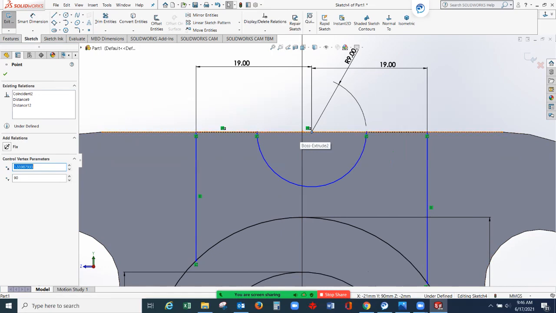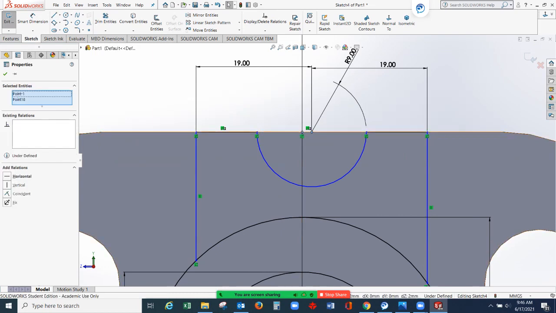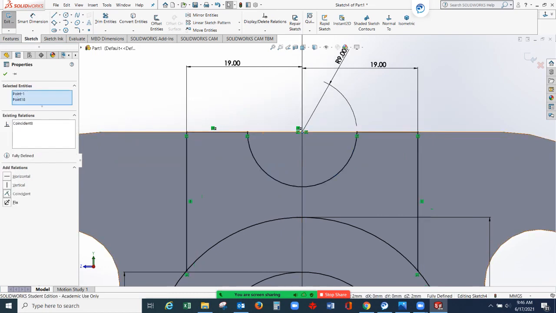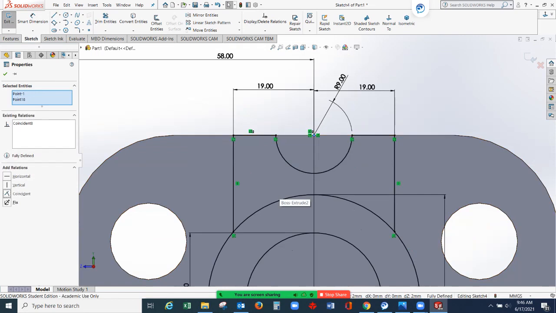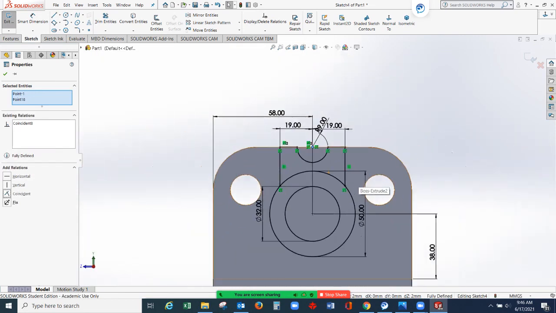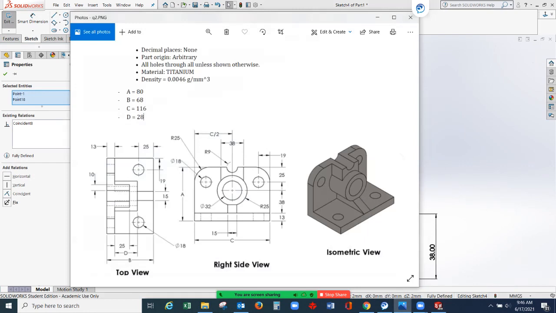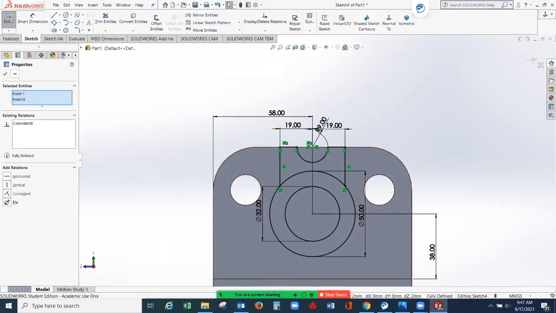So we need to locate the center point and make it coincident. So it is fully defined. Let's check our dimension. So this is what I'm talking about. So this is 38. So the distance between two lines is 38. And you have here the radius is 9. So from here, select this green check mark.